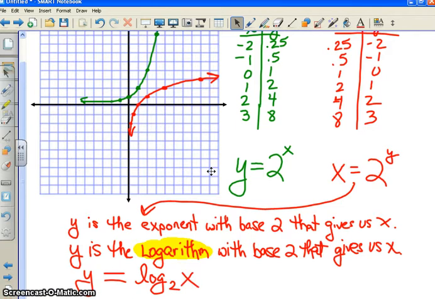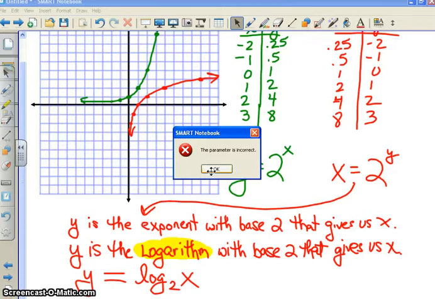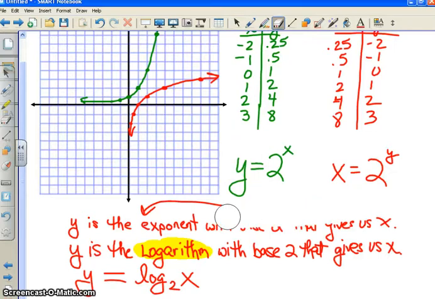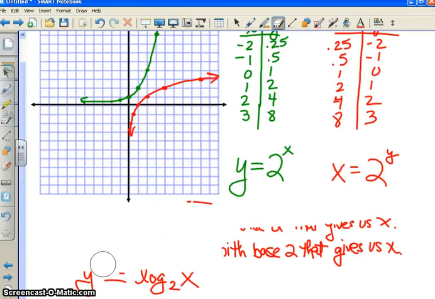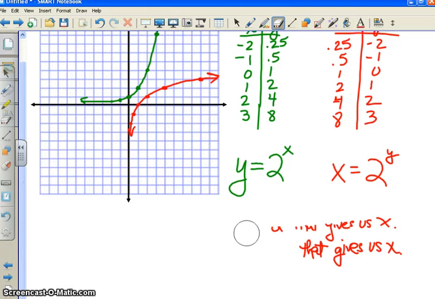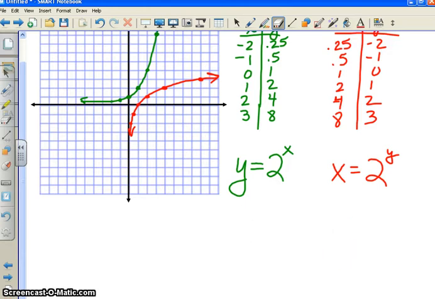This equation, y equals log base 2 of x, is the same thing as x equals 2 to the y. So I'm going to get rid of all of this and just move my new equation, y equals log base 2 of x,